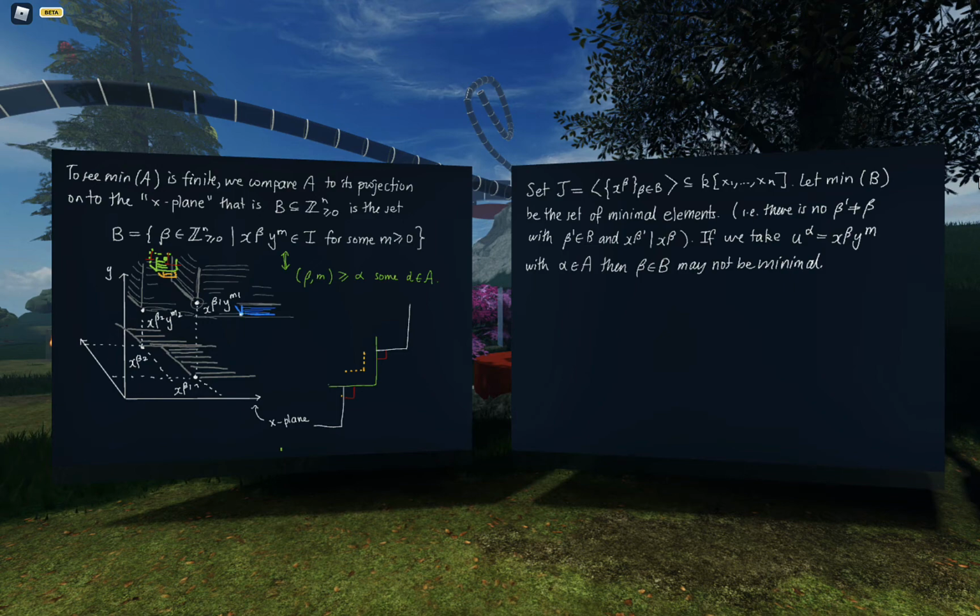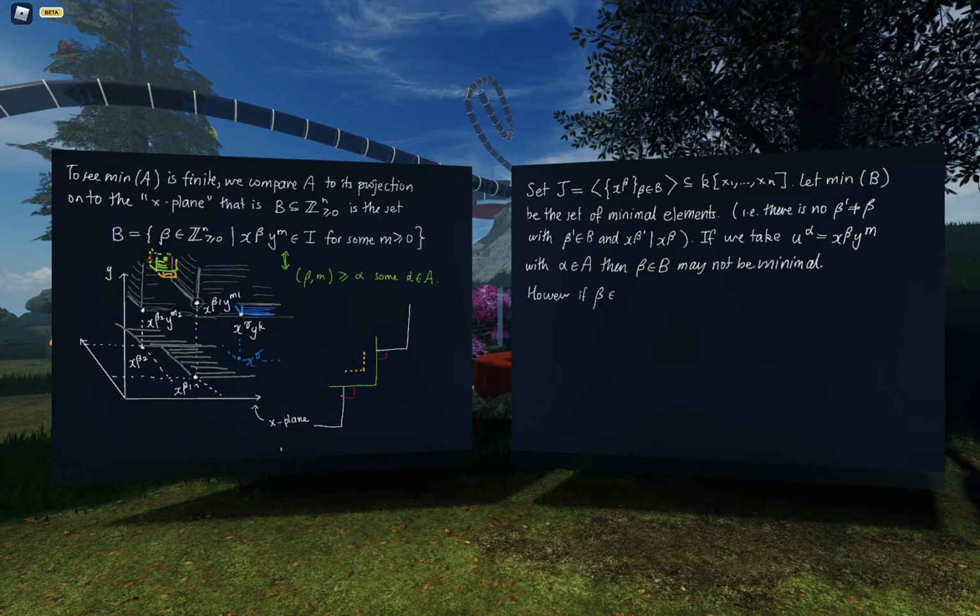So this, calling it x to the gamma, y to the k in the notes, and its shadow is something down here, right? This is x to the gamma. Now this is a little corner, it's minimal in A, but it's not minimal. Gamma is not minimal in B. Okay,